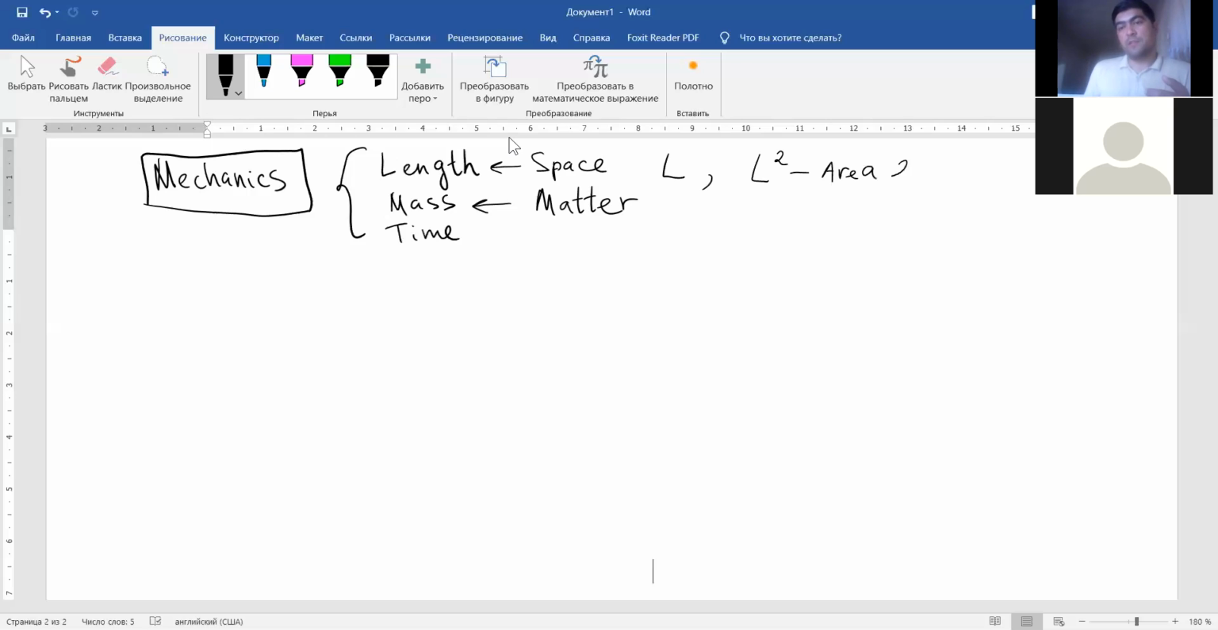This is also space, space in two dimensions, two-dimensional space. And if you make L cubed, length cubed, so height, width, and length give you L cubed. This is volume, and volume is space in three dimensions, three-dimensional space. Okay, this is clear. And what is